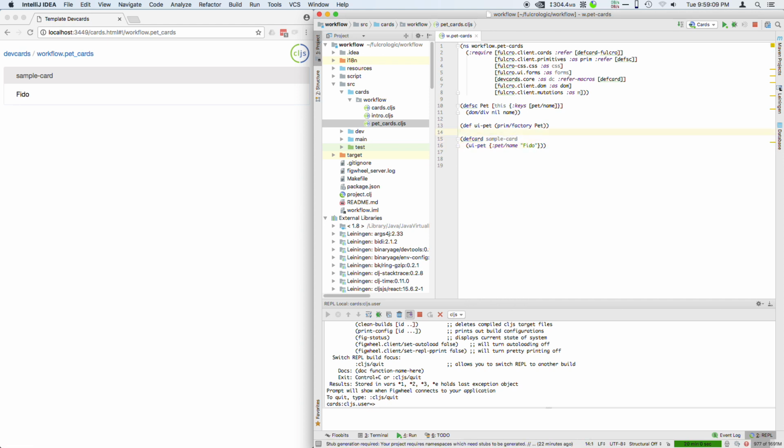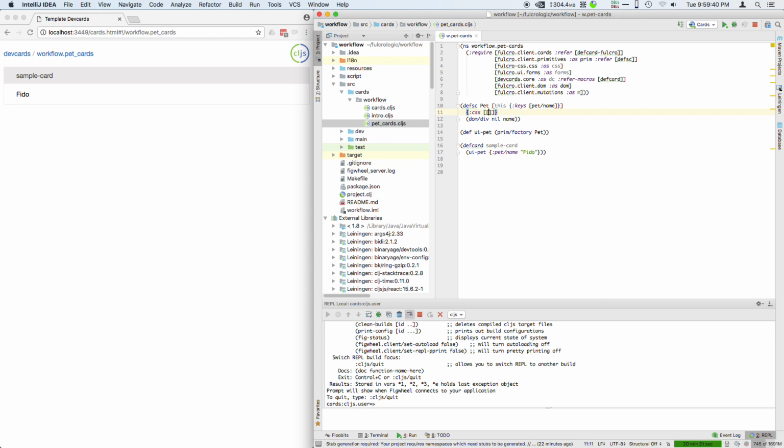All things are good, I get Fido over on the left, and I've still got basically just a div. Now, since I'm developing a component, and it's meant to be a stateful thing that works in a Fulcro application, I'm going to go ahead and add some attributes here that turn this into something that's more usable in an actual Fulcro application. So I'm going to start with the CSS things because I